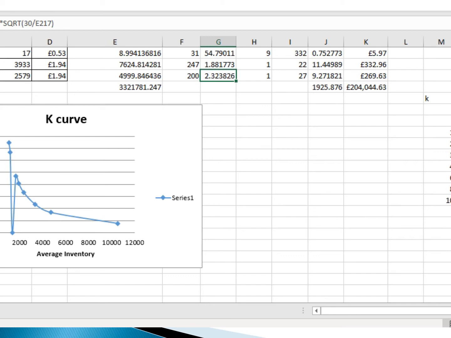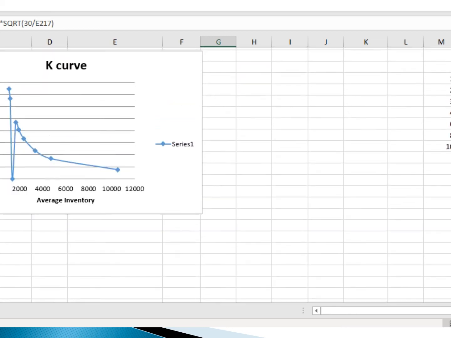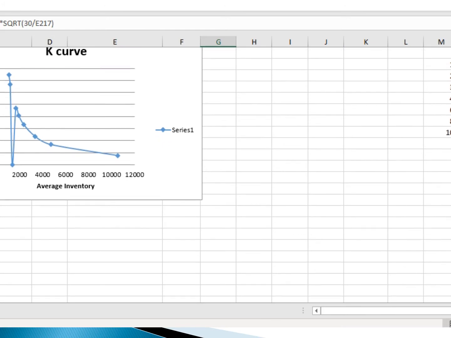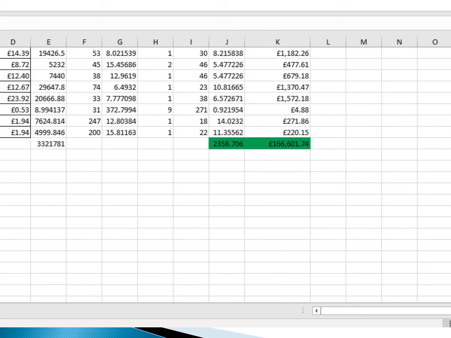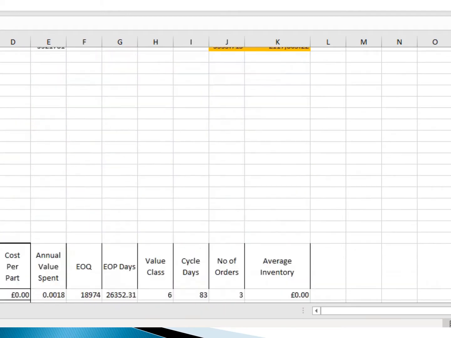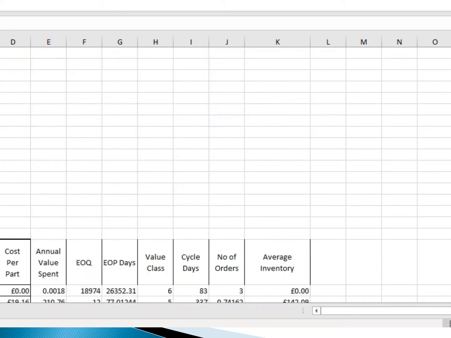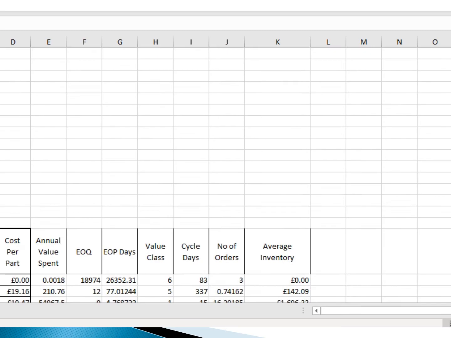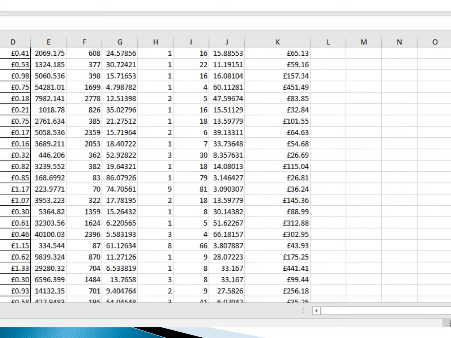Average inventory final graph. First we take all the values from sheet 2. This is the final value we have to take for the step to make a K curve chart.